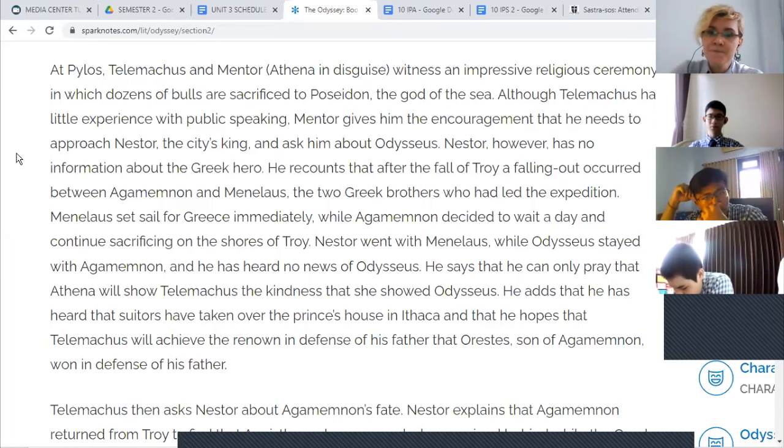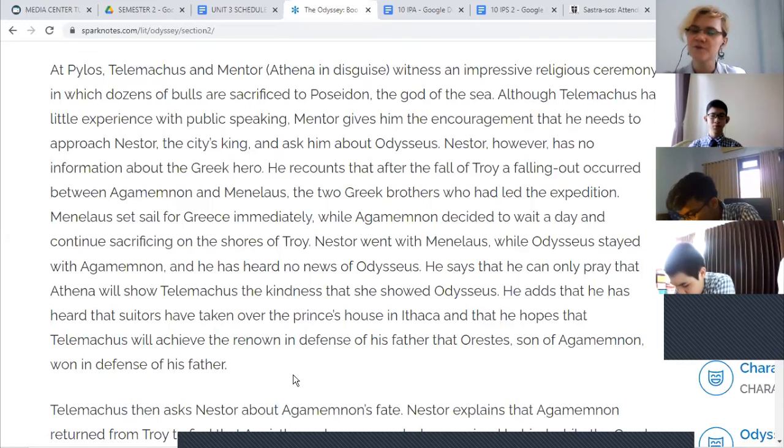So basically, in this case, King Nestor did not know anything about the whereabouts of Odysseus. He says that he can only pray that Athena will show Telemachus the kindness that she showed Odysseus. He adds that he has heard that suitors have taken over the prince's house in Ithaca, and that he hopes that Telemachus will achieve the renown in defense of his father that Orestes, son of Agamemnon, won in defense of